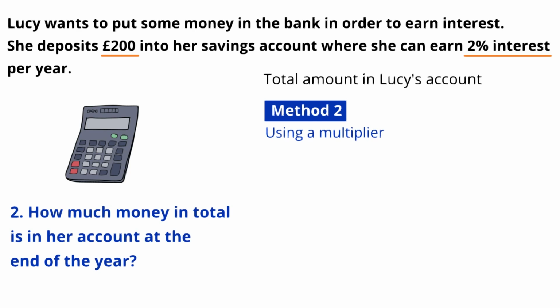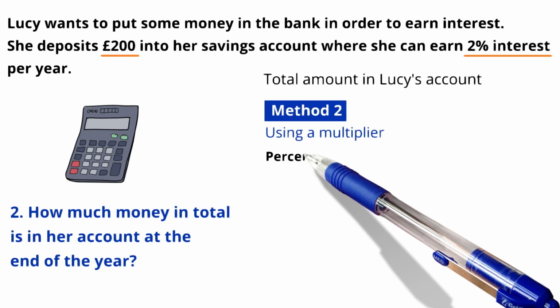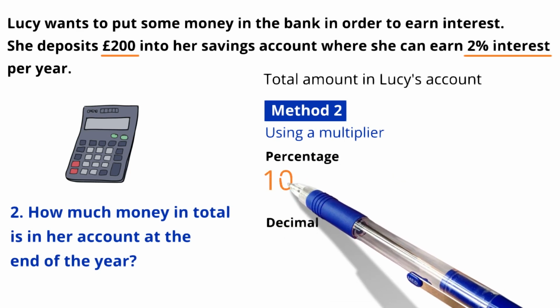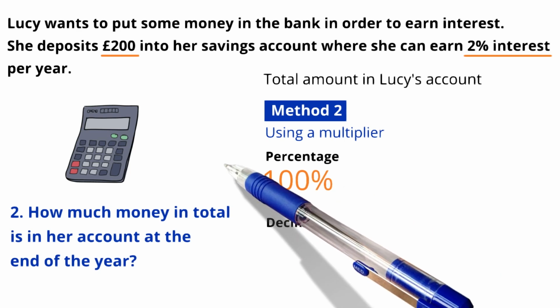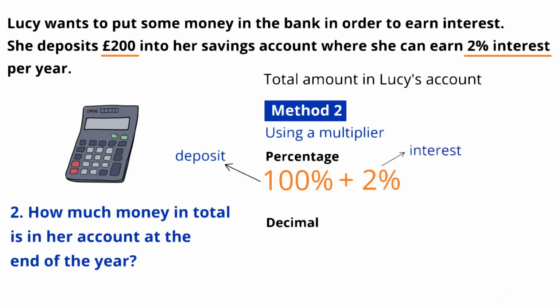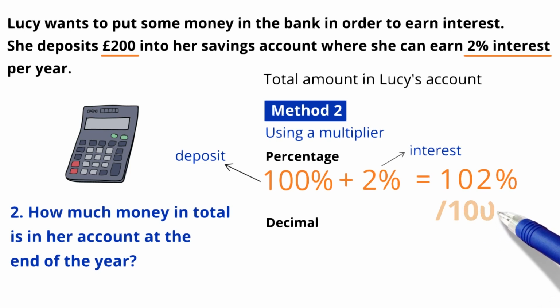To do this, we need to find the new percentage of money in the account and convert this into a decimal. So, we have 100%, which is Lucy's initial deposit, plus the 2% interest earned, which equals 102%, meaning she has 102% of her original deposit at the end of the year. To work out what 102% of the £200 deposit is equal to, we need to convert 102% into a decimal. To do this, we divide by 100, which gives us